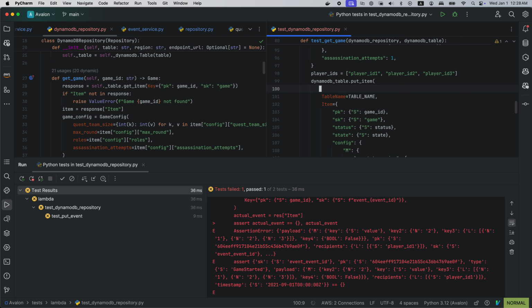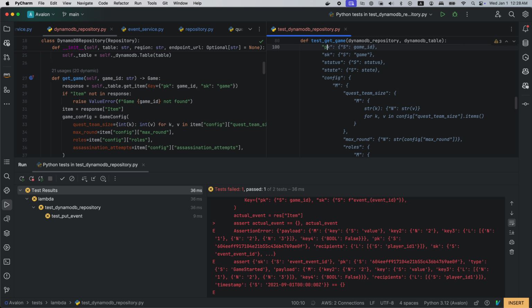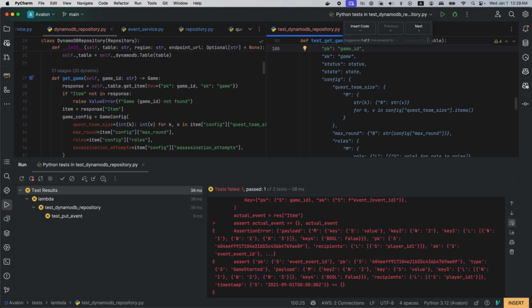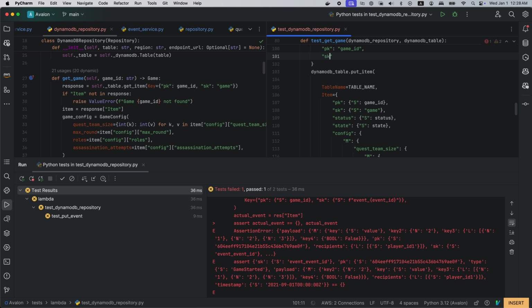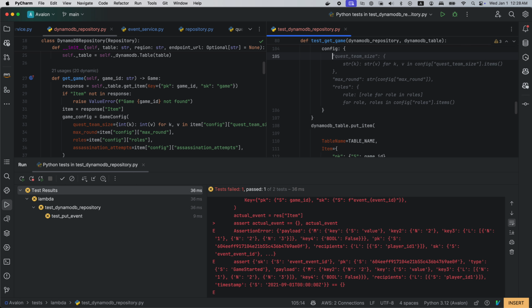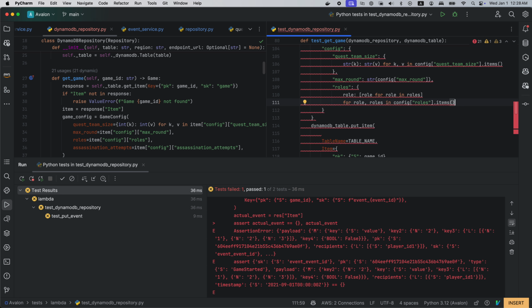So the item could be pk, just game ID. Status, state, config.